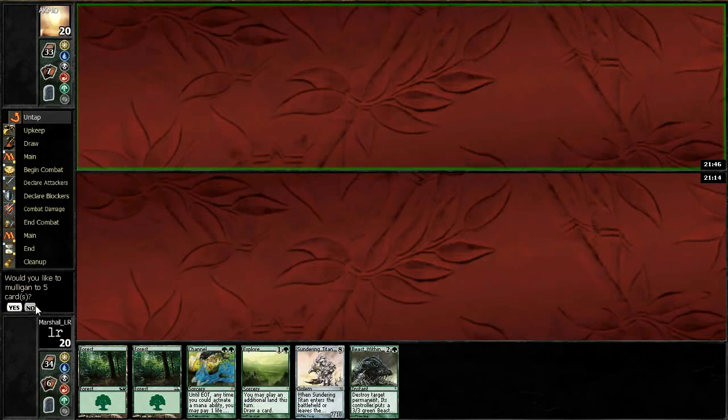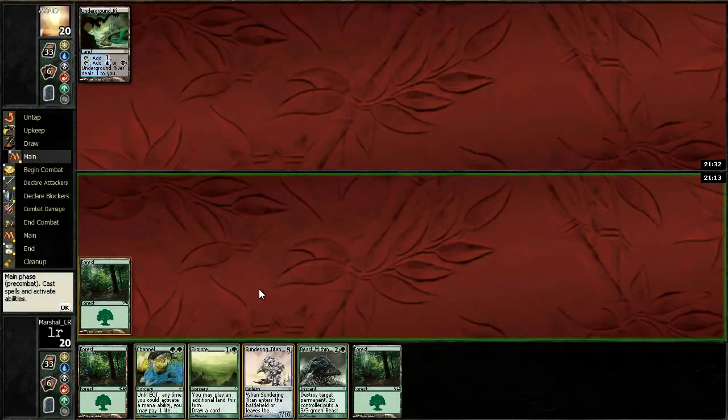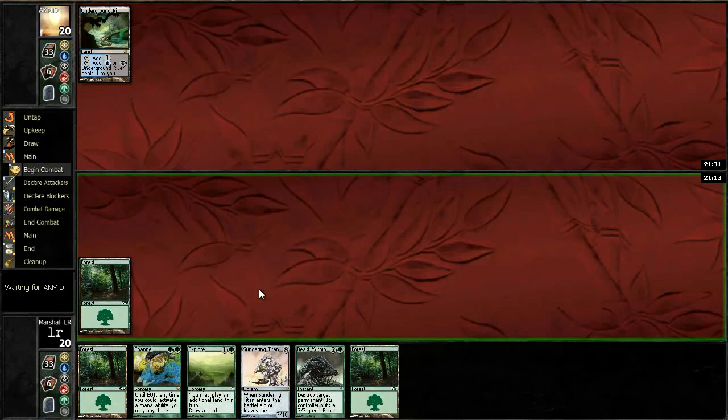All right. We have turn 2 Sundering Titan, my friends. And we're going for it, especially if he taps out. If he leaves up blue, then we'll probably just Explore, but... All right, so that is...